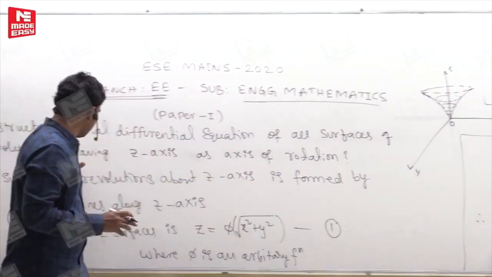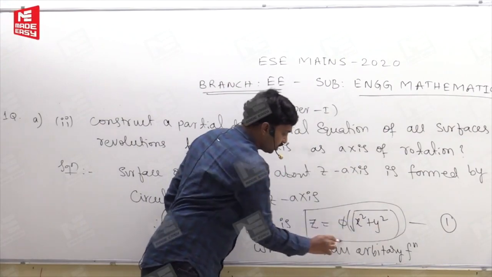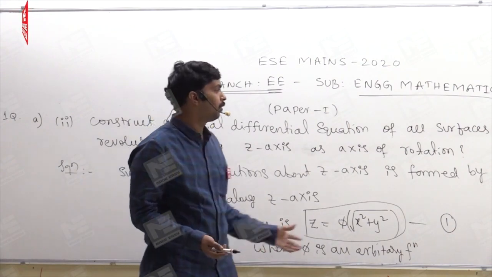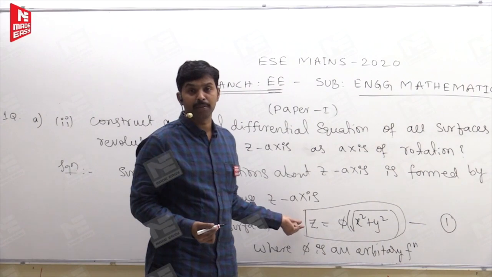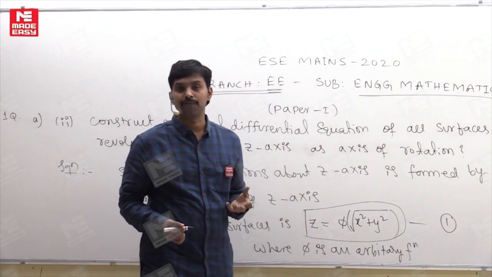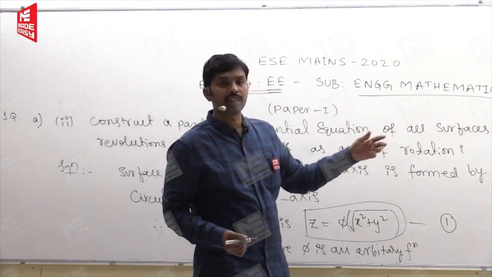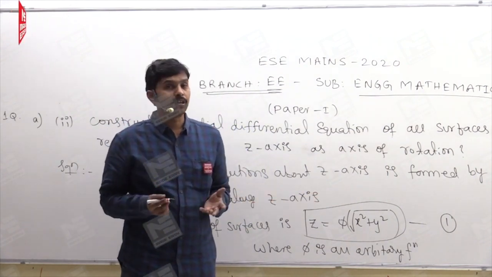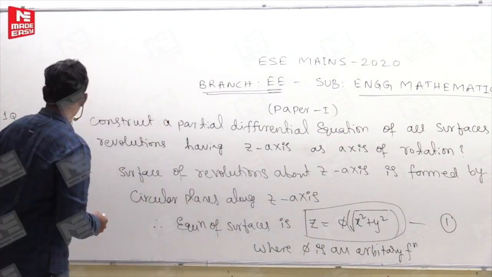But you must know, theoretical question means, first of all, if you know the equation of the surfaces when it is rotated about the z-axis, you can do this problem mathematically. So that is why this is a very crucial step in this question. If you are able to write the equation of the surfaces of revolution about the z-axis as this, then all these things can be done, because we know how to eliminate the arbitrary function from the given equation of surfaces, right? Okay. So this is the second question answer.